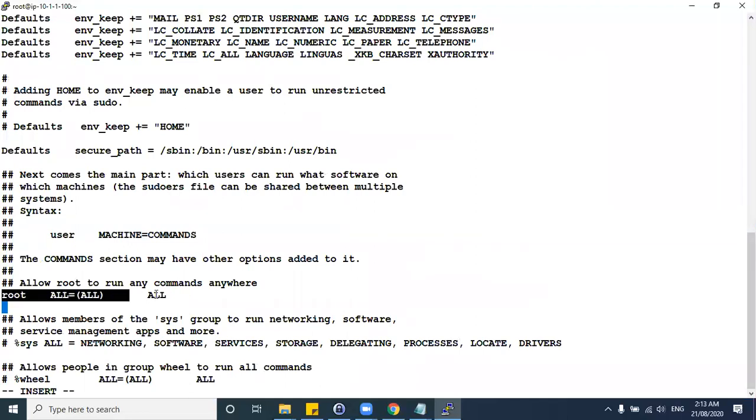Under this root user, you add the user Harish. The username is Harish, the user which we added. For this user, we want all the access which the root user has. That's what we are mentioning here. Save this one.